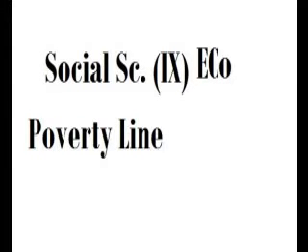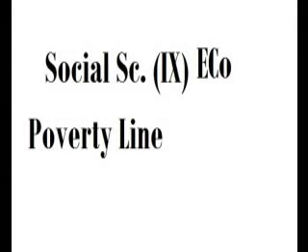The topic for today is poverty line. The most common method to measure poverty line is the consumption and income method. A person is considered to be poor if he or she consumes or earns below a minimum level. And this variant, that is consumption and income level, varies from time to time, place to place, and country to country. For example,